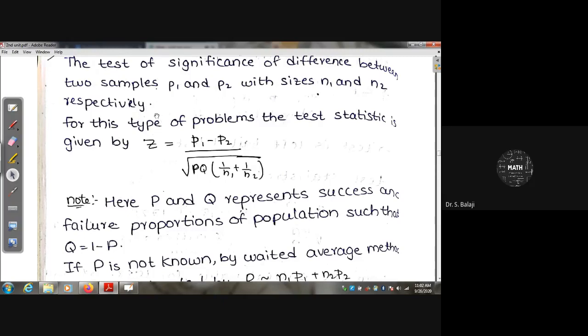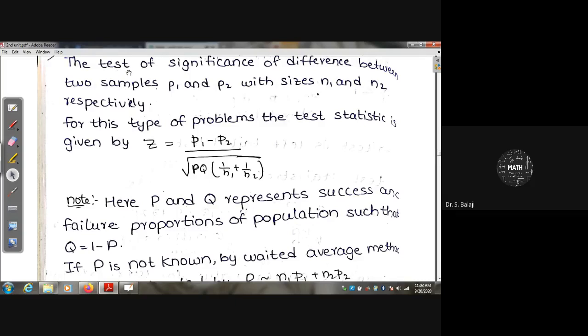Generally we see advertisements for Complan and Horlicks saying that our product gave better results when considering two types of samples, the same type of children taken from a city. They may consider 10 children and their growth when they drink Complan or Horlicks, and then provide the results. The proportion of increase in height will be given like that.